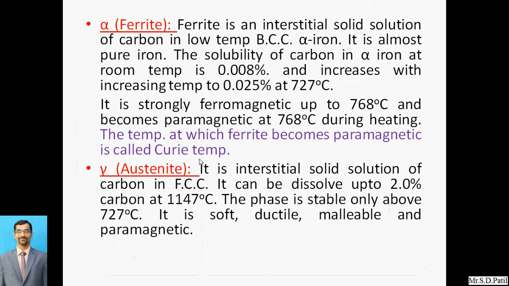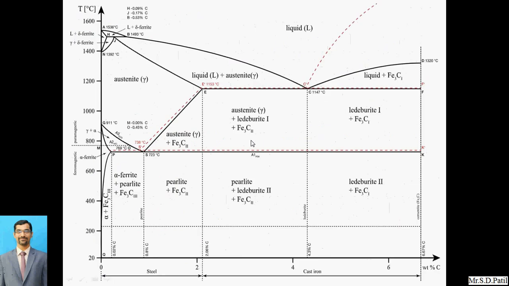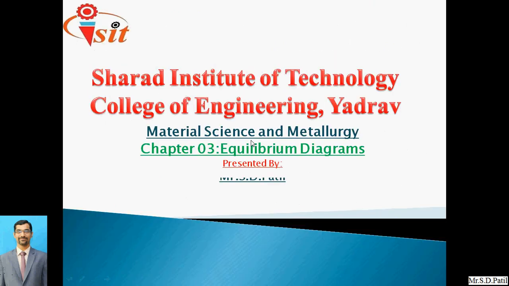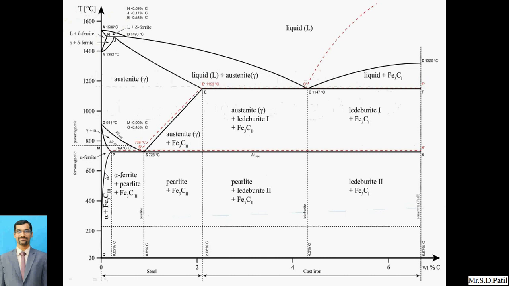But what is that alpha ferrite that we have seen? Alpha ferrite is an interstitial solid solution of carbon in low temperature BCC. So here, what we have seen will be alpha ferrite. At near about 723 degrees Celsius, that alpha ferrite phase will be there. This will be an austenite phase, and now you might have some confusion in your mind,